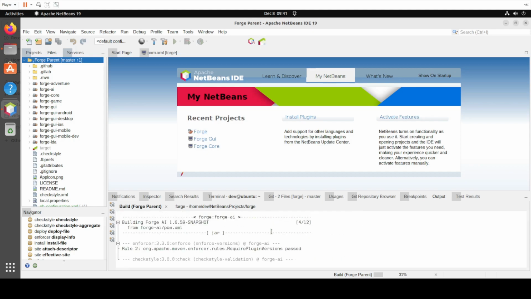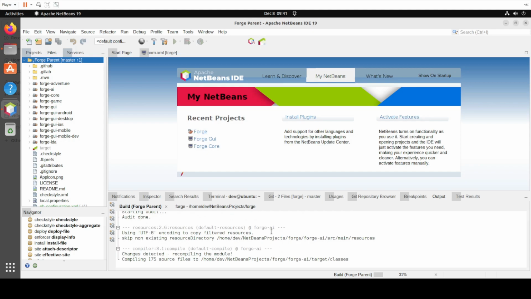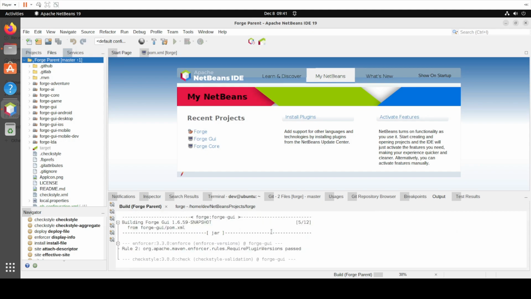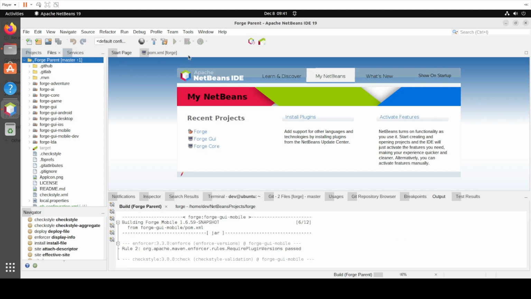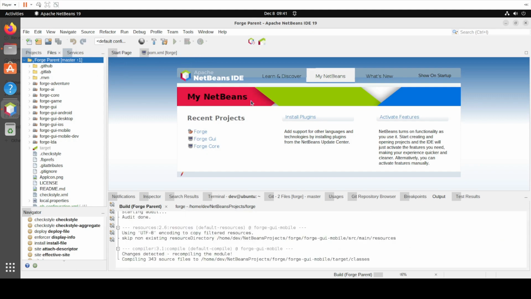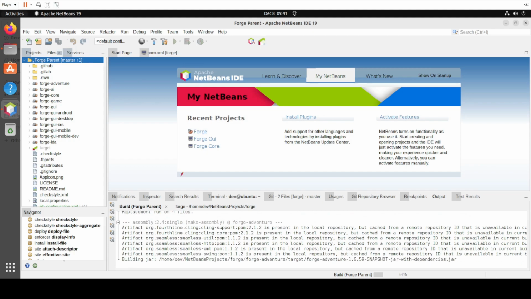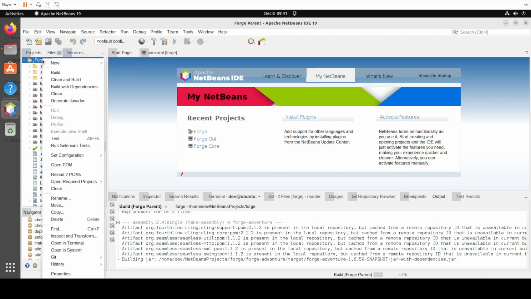I will say XMage is certainly a lot easier to get running in NetBeans. Forge is really not meant to be done in NetBeans, but you can. So while it's building, I'll actually go over this. There was one change I need to make, because if you just build it as is, I was having issues with